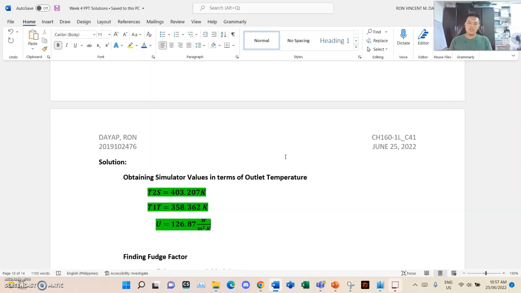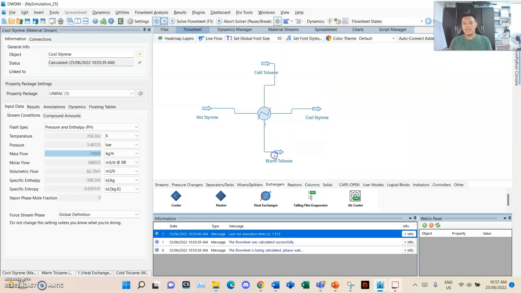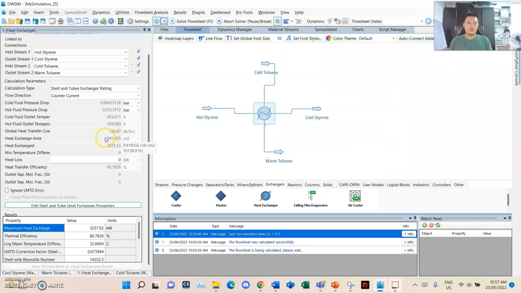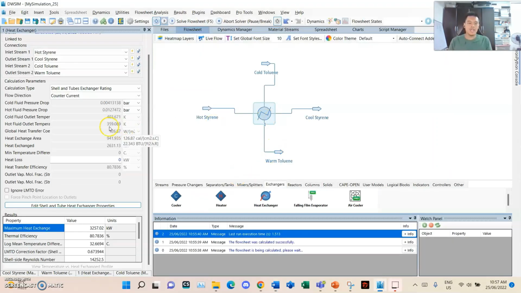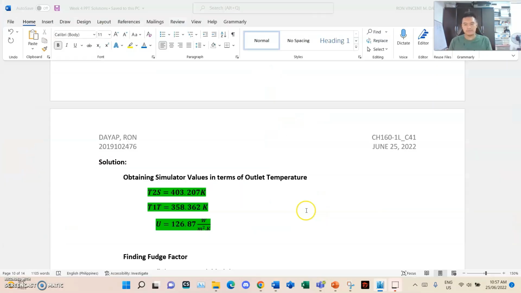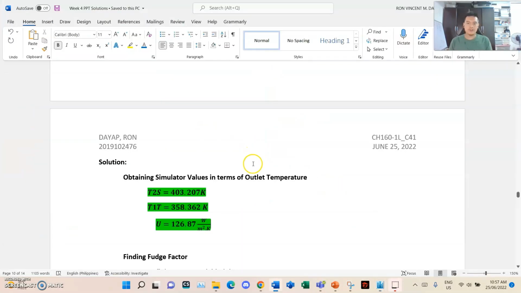So, what I did is that I used the outlet temperature values given in the simulator and the global heat transfer coefficient in order to hand calculate the entirety of the system. Since I'm already given enough data, I will be able to easily hand calculate the entire system, since we need to find the area and then the heat exchanged, and then also the efficiency. So take note that, again, I use the data from the simulator in order to assist in the hand calculation. Alright, next,